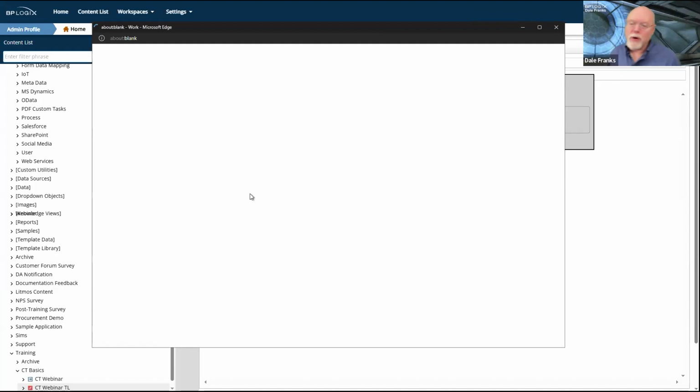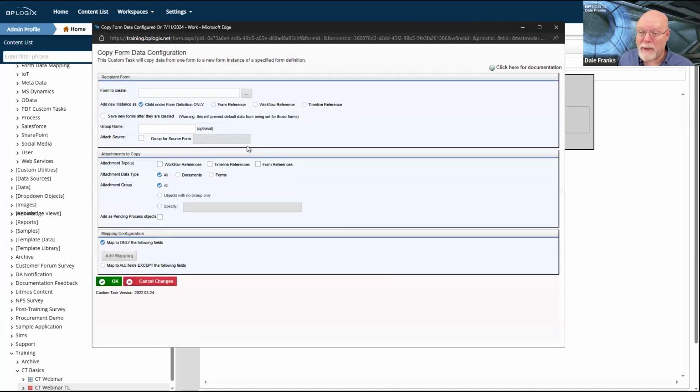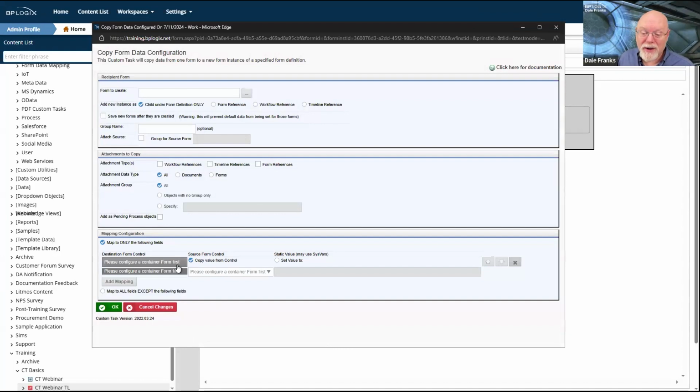Because if you don't know what your source form is, your container form, especially for something like copy form data, it's not going to know what form the data is coming from. It doesn't know what to copy. And so it's going to get super hard to map form fields from your source field to your destination field if you're doing a copy form data, for example. And so you'll get this message. I guess technically this is an error message, although it's not presented that way, which is you have to configure a container form first.